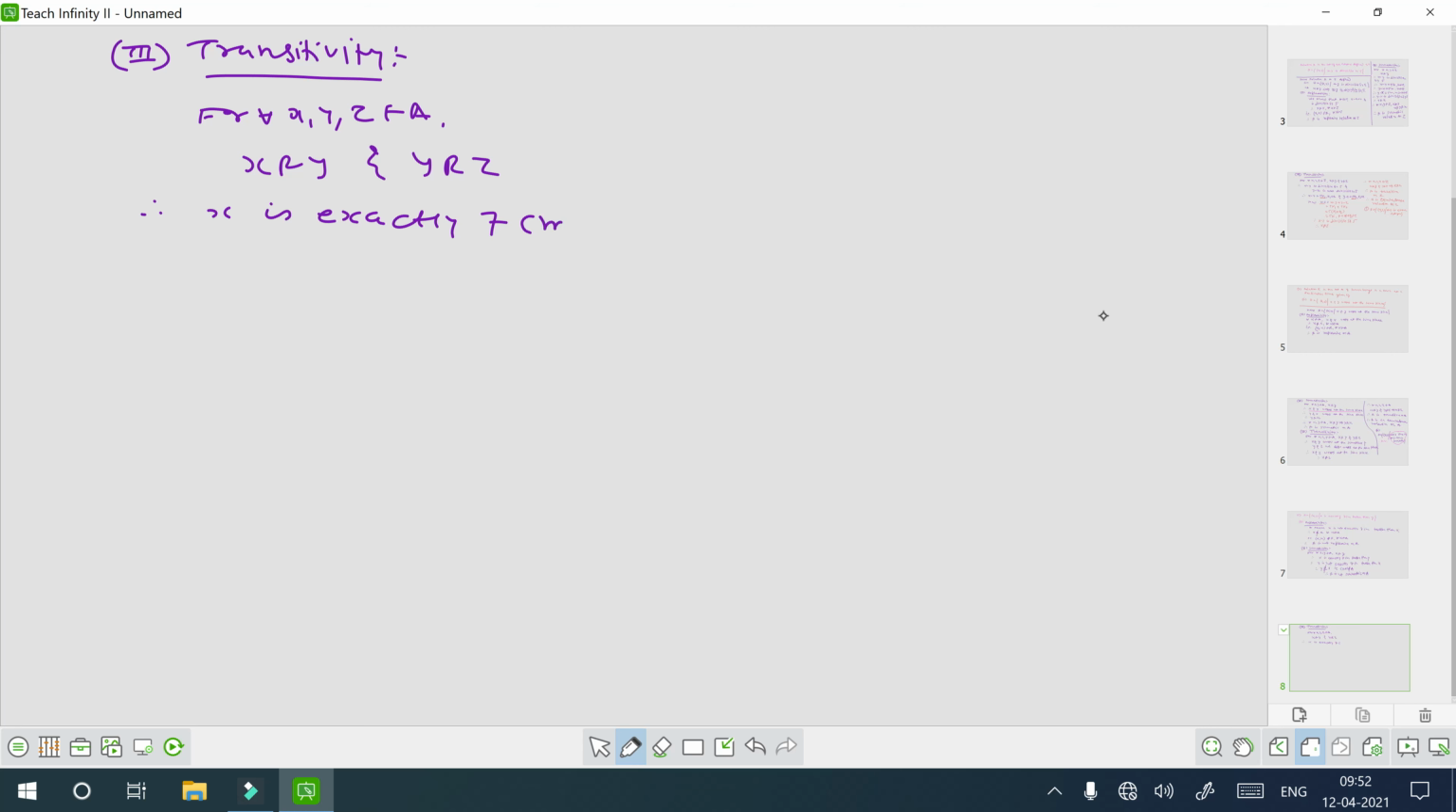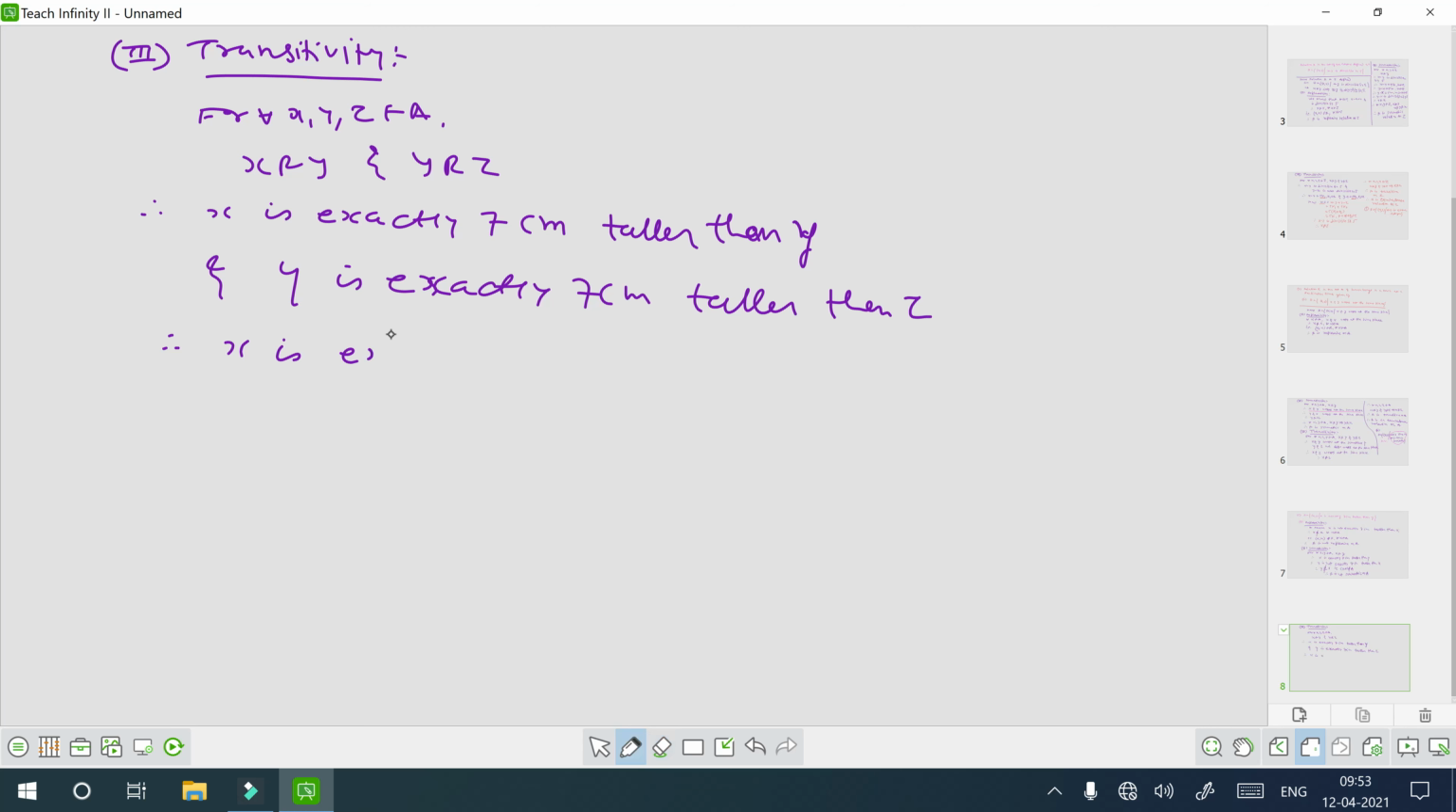exactly 7 centimeters taller than y, and y is exactly 7 centimeters taller than z. So what can you say about x and z? x is exactly 14 centimeters taller than z, and therefore x is exactly 14 centimeters taller than z. That is,